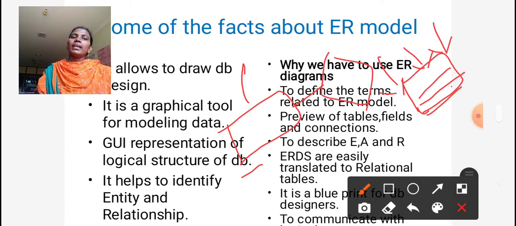It helps to identify the entities and relationships: what types of entities exist in the association and what relationships exist between those entities. We have to identify these by using the ER model.